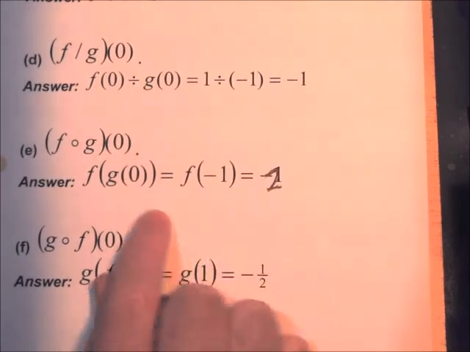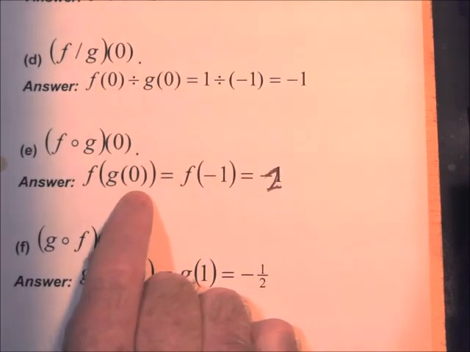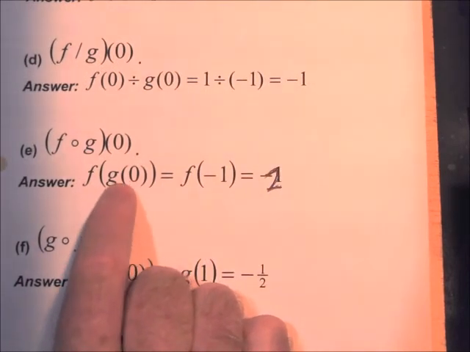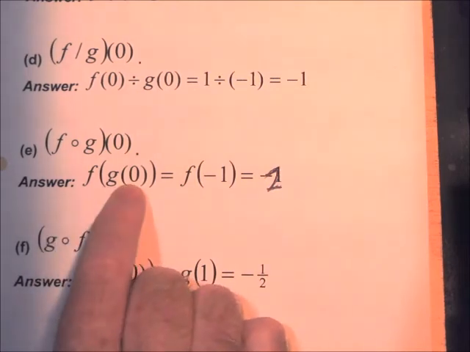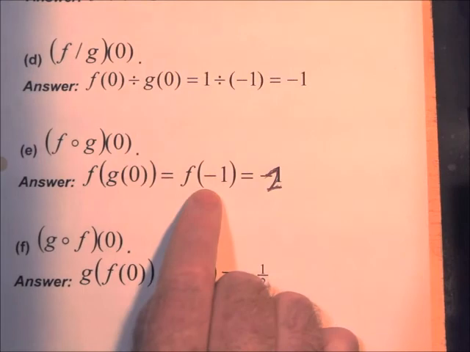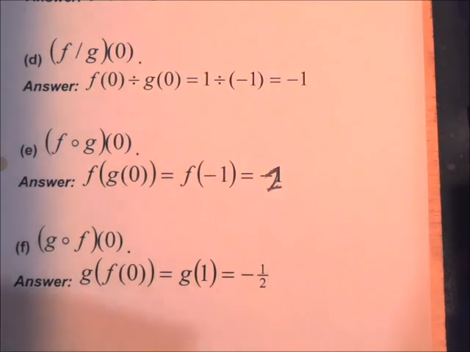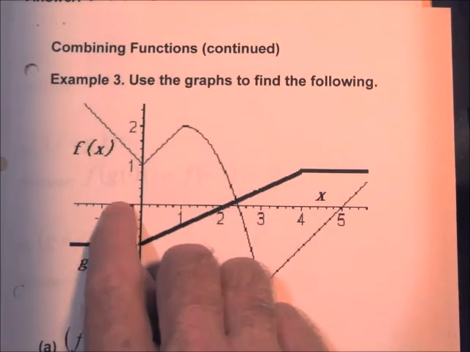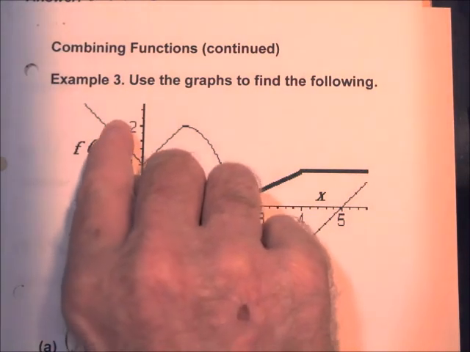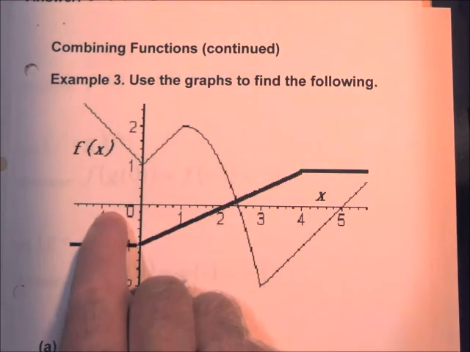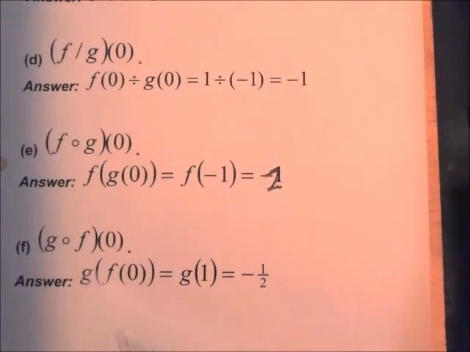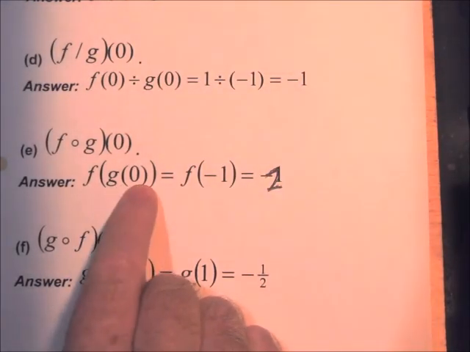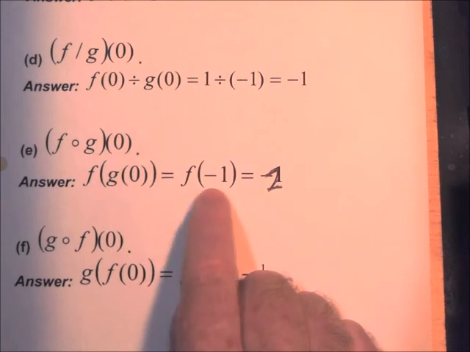F composed with g of 0. So we want the output for g of 0 to take that as the input for f. So g of 0 is negative 1, and then f of negative 1, go again to the graph, go over to negative 1 and go up to see where it touches, go straight up from negative 1 and go across, and it looks like it's about 2. So f of g of 0 would be f of negative 1, which